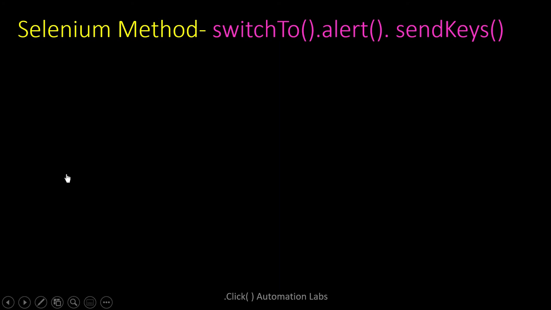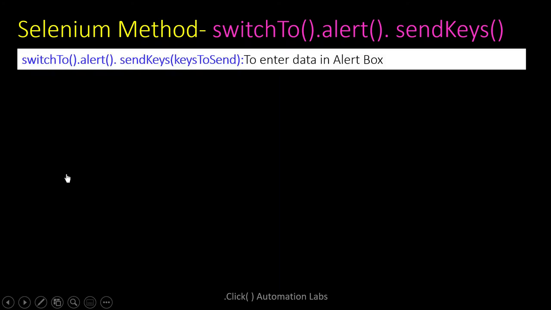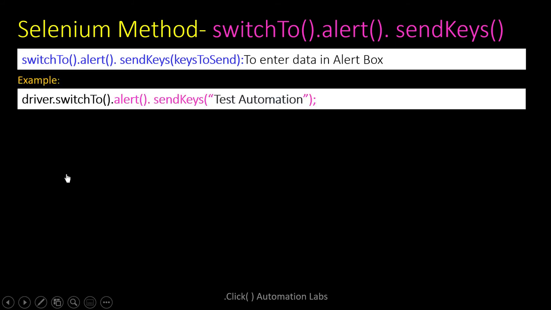You can get the text of the alert, for that we can use dot get text, and to enter some values into the text box in the alert, we will use switch to dot alert dot send keys. The command is switch to dot alert dot send keys and the keys to send. You see here driver dot switch to dot alert dot send keys and the value which we need to pass.